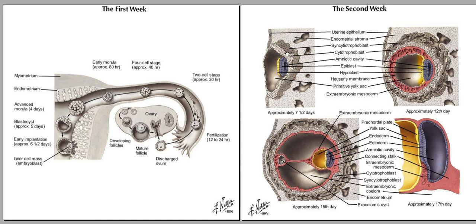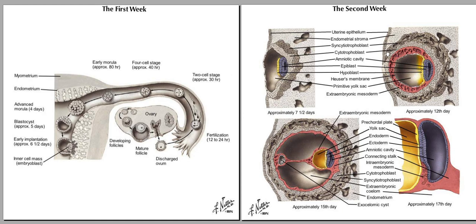The syncytiotrophoblast, the cytotrophoblast, the amniotic cavity, and the epiblast. So this is definitely the hypoblast. And then you can see the primitive yolk sac. Okay, that is for the 7.5 days. So when you get to approximately the 12th day,